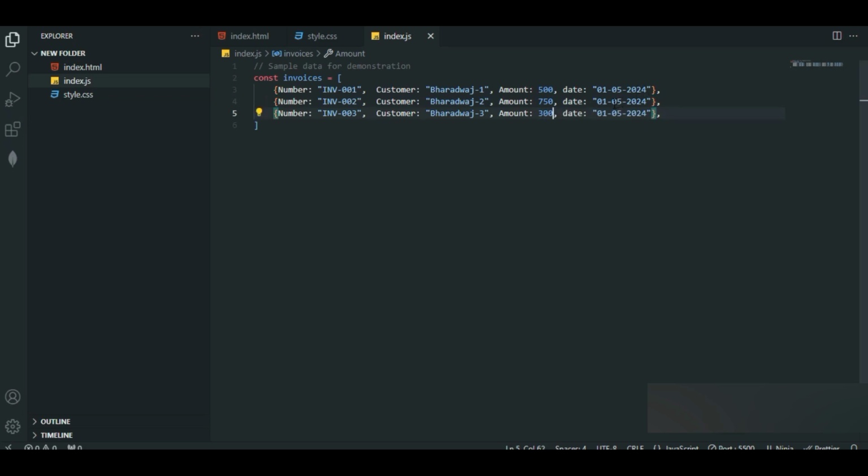So I'll just give this one as 25. I'll just take this one as 30. Let me give this one 4. This will be 5 itself. So this is it. Next step, what we'll do, we'll just write the function